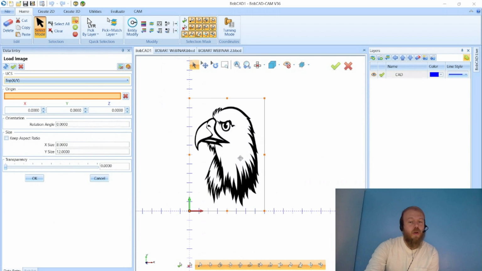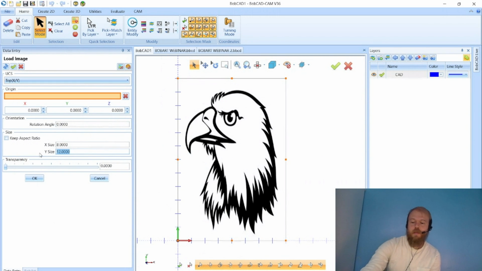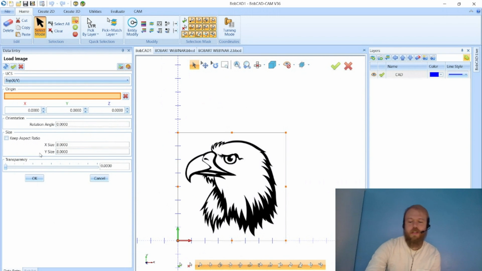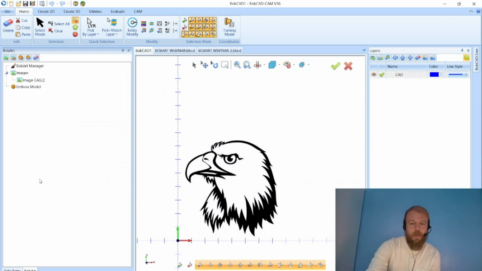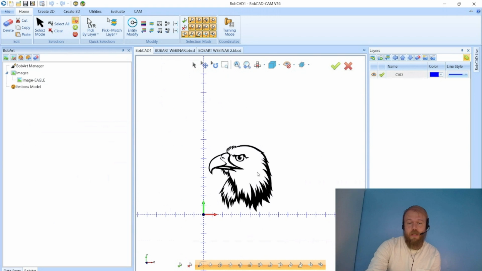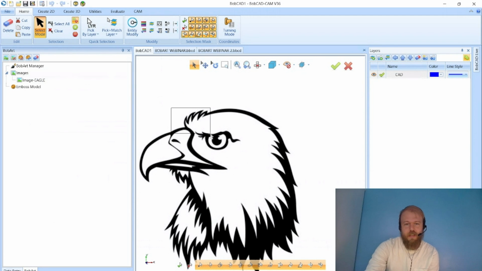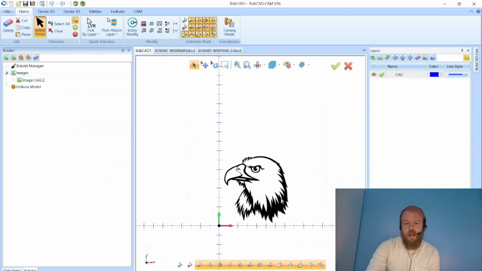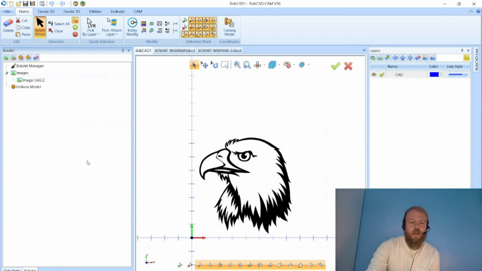Pretty cool stuff. So once I bring it in, I'm going to have this image as 8 by 8, and I click OK from there. And then it brings in my image. I'm not able to really modify it at all after this unless I double click on image Eagle over here on the left-hand side. If I go into my select mode, I can't double click on the image, I can't drag anything, select anything here until I vectorize it. So what I do on the left-hand side in Bobart, I right click on image Eagle,